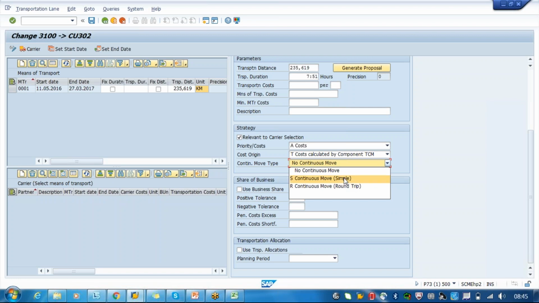If it is simple, then A to B, B to A, that's all. There will be no round trip. From A to B it will go and B to C it will go, and there is nothing called from C to A, so it will stop at C. No continuous move, A to B, that's all. After B it is not handling any transportation. So it depends on this. Again, the charges also depend on the continuous move or no continuous move.